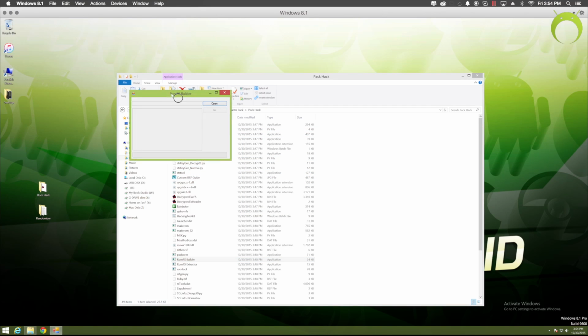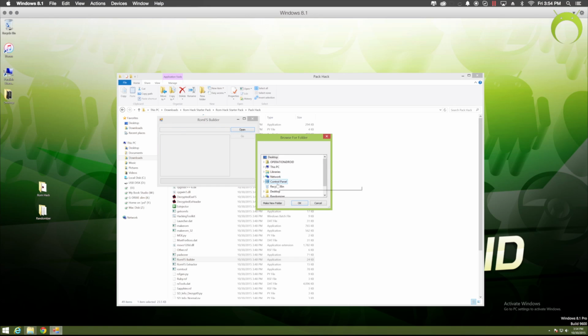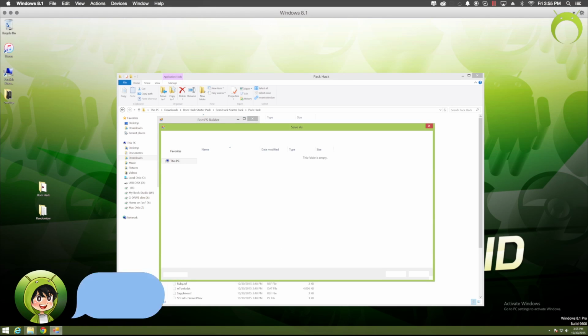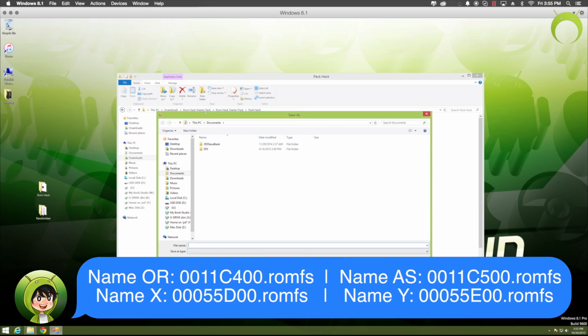Now it's almost the same as the extractor, except this is the builder. So you're going to hit open, and then you're going to look for your ROM hack folder that we just made, and you're going to click on the ROM hack folder, and then you're going to click on the ROM-FS folder that is in the ROM hack folder. Make sure you click on the ROM-FS folder that is in the ROM hack folder and hit go, as it will begin to build your new patched Pokemon Neo X or Neo Y, whatever the case is for you.